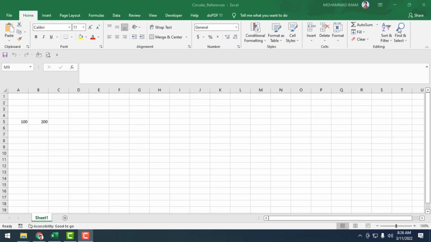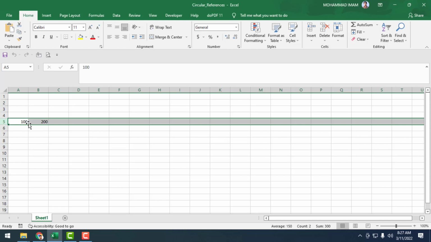A circular reference is a cell that holds a formula referring to itself. I will give you an example for better understanding. Here we have 100, 200 and another column that is blank, so the series remains. Under row 5,